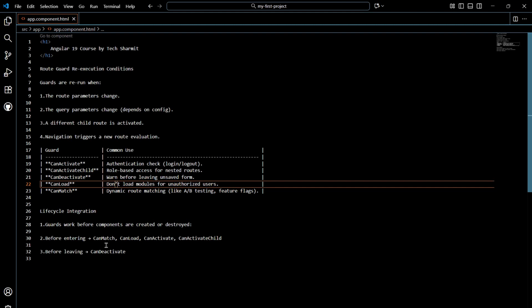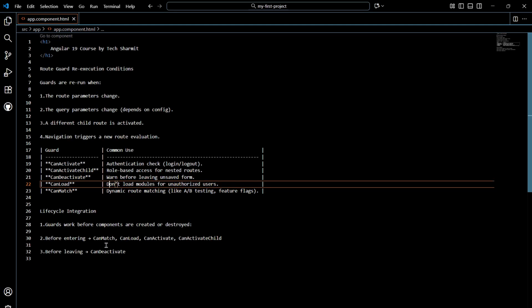Now let's try to understand which route guards are considered before entering. First is canMatch, second is canLoad, third is canActivate, and the fourth one is canActivateChild. So these are the route guards which are executed or processed